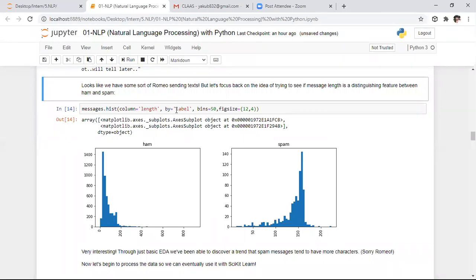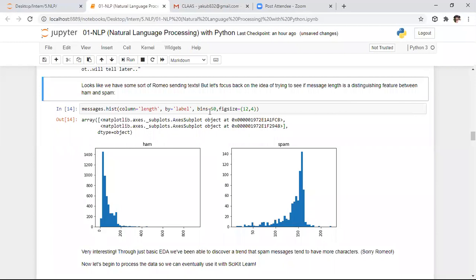After that, I want to separate this by using the label. So based on message length, I want to categorize the different labels. In the label column, we have spam as well as ham. So based on these categories, I want to separately plot the graphs. For that purpose, I kept the separator as label, and we are performing this operation based on the length column.